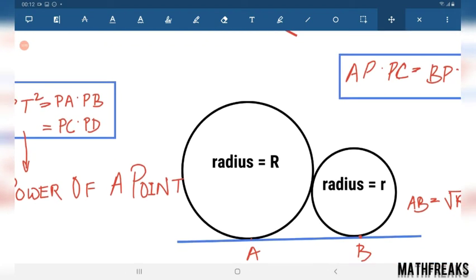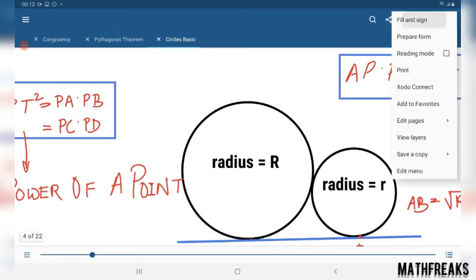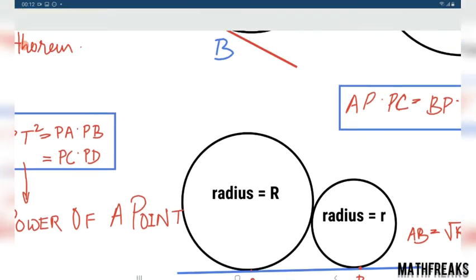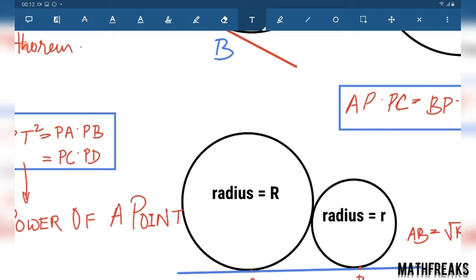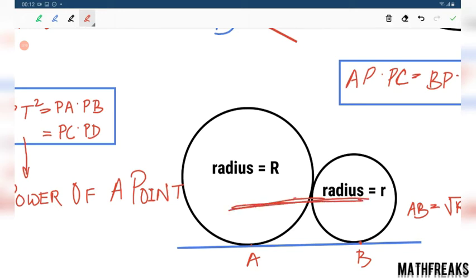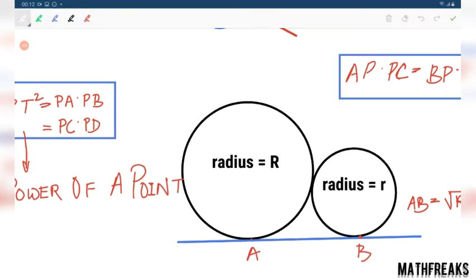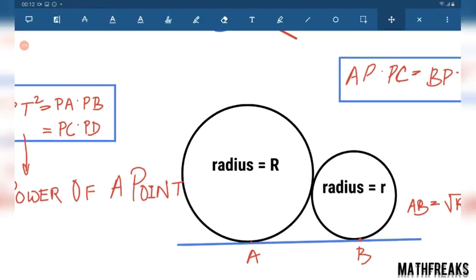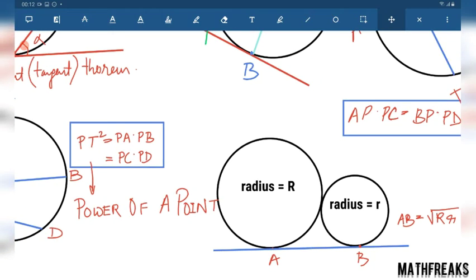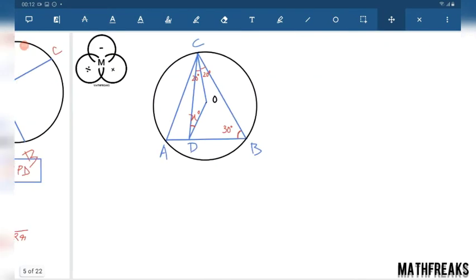This is the distance between two circles. Distance between the common tangent, like that. There is another formula also. When the circles are at a distance d apart from each other, at that time there is a different formula, d square minus (r minus r') whole square, like that. That can be easily obtained from Pythagoras theorem. Using Pythagoras theorem, we will try to obtain it. Okay, let us obtain it.